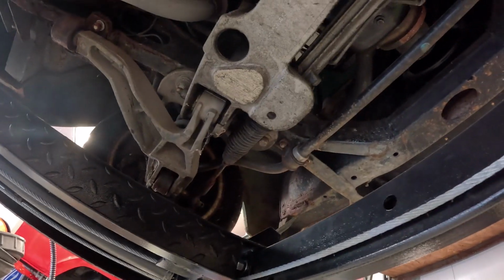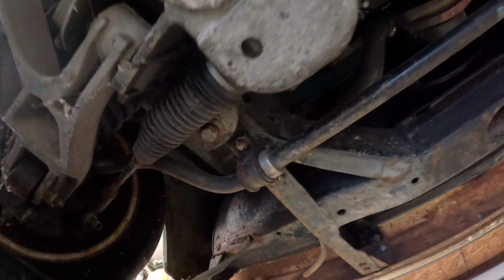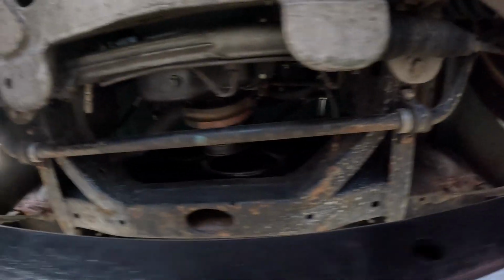And everything's holding up fine at the front end. This thing rode so nice. Look, I even put the sway bar on and everything. Show you I actually did things back then. But